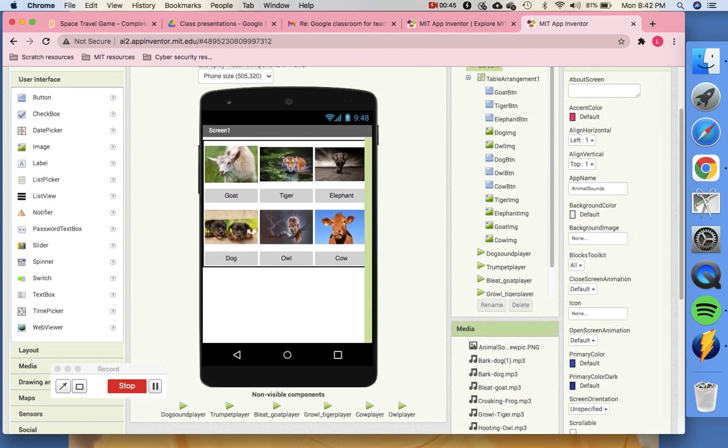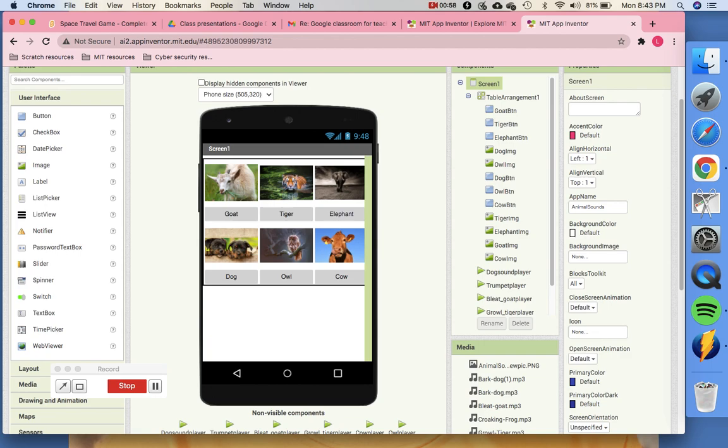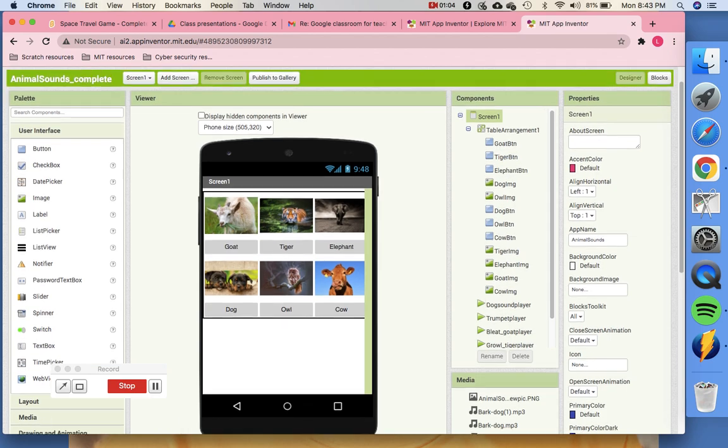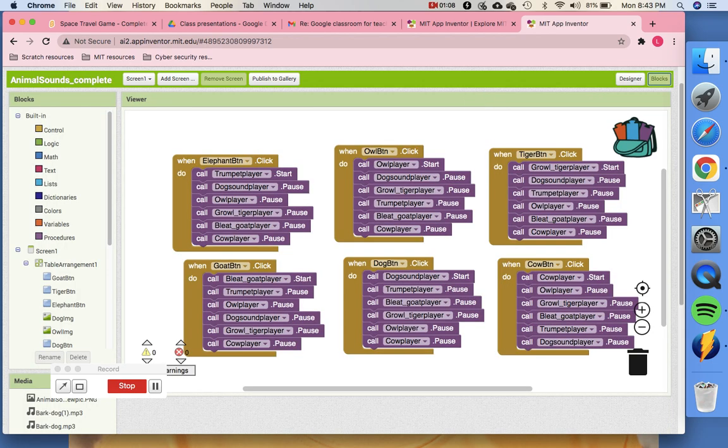Look at this. So this is going to be your project where you are going to have different animals, and if you click on the names of those animals, or you can even directly click on these animals, to hear the sound of these animals. Okay, so these are the different components that we are going to use, and we are going to create this app. This is going to be simple codes only, which you can easily understand.